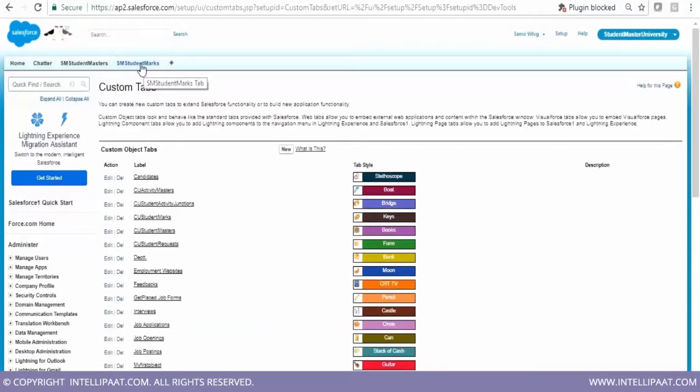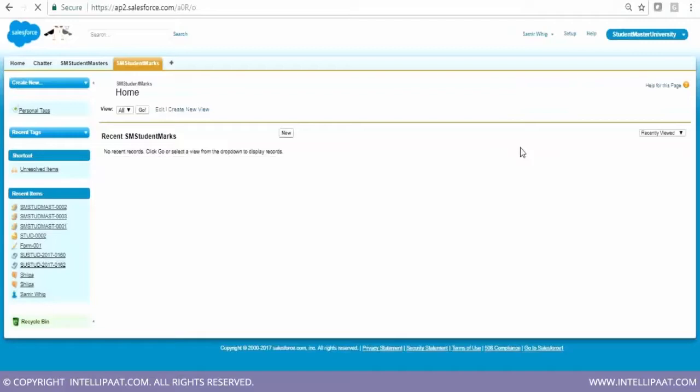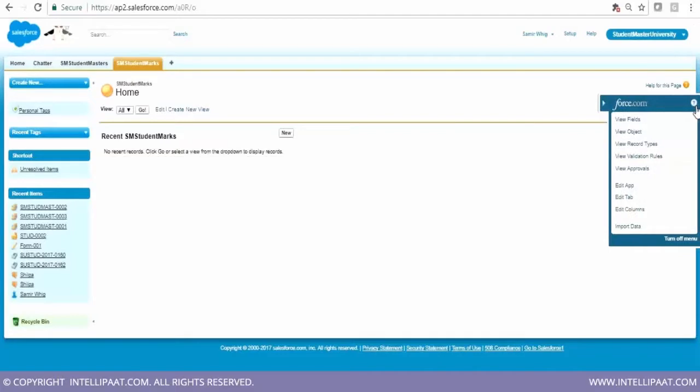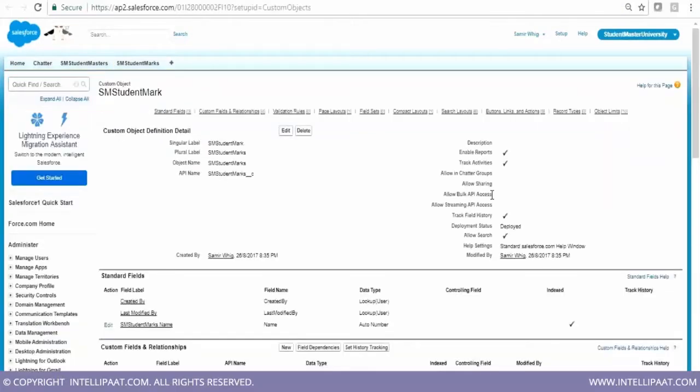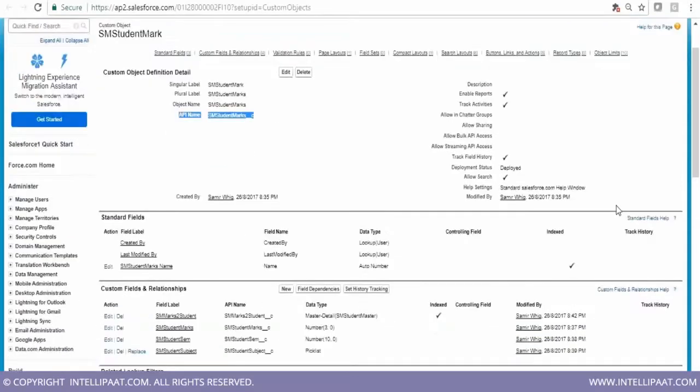Click on Student Marks and click on the quick access menu, go to the object definition. So here you can see the Student Mark object, the second custom object, that is Student Marks. And you can see the object name here, you can see the API name, and you can see all the options that we had enabled. Enable reports, track activities, track field history, deployment status, allow search, and you can see the standard fields, and you